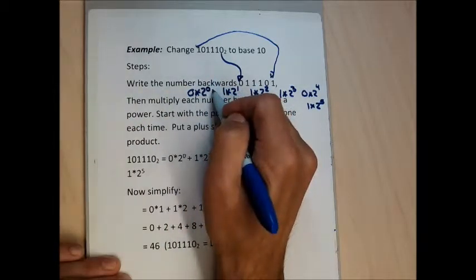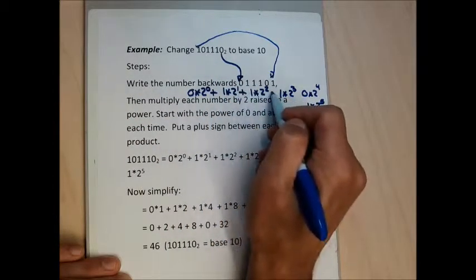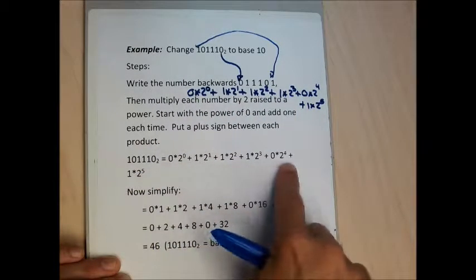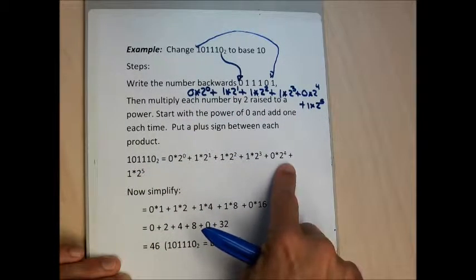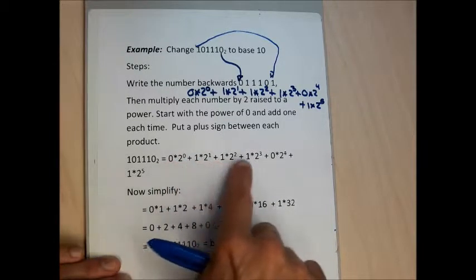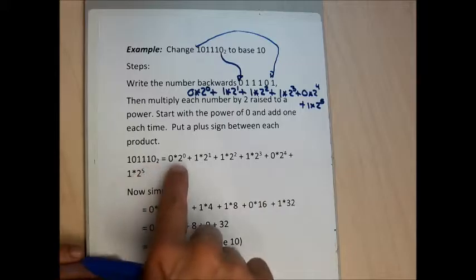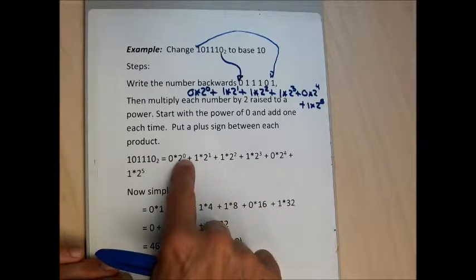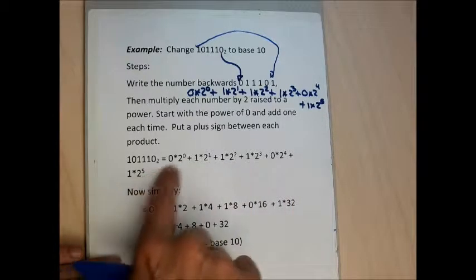And then I put plus signs between. So this computation, which is much nicer written down here, is exactly what I do. I wrote the number backwards, 011101, multiplied each of those numbers by a power of 2, gave each of the powers of 2 an exponent starting at 0 and working my way up till I was out of 2's, and then I put a plus